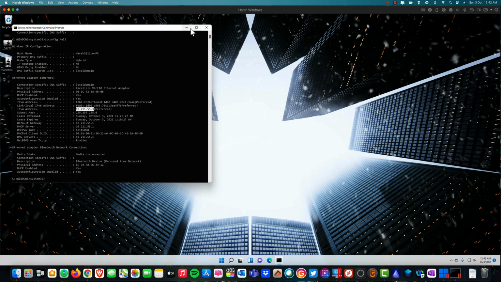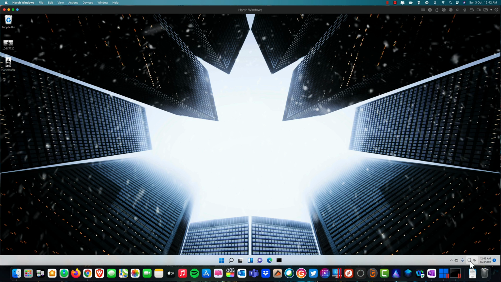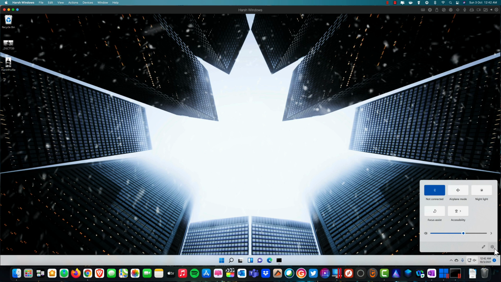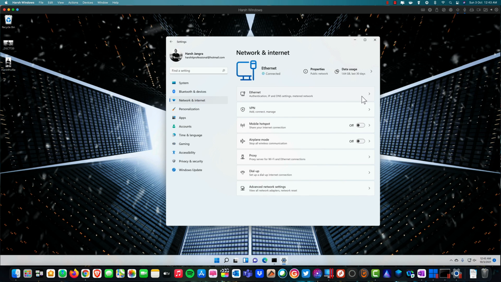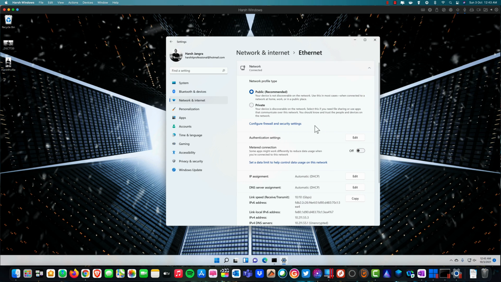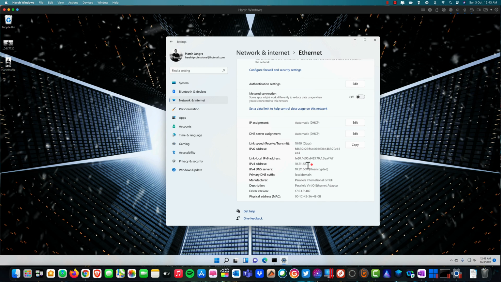Or if you don't like to go to the command prompt, if you like to see it from the UI, then on the very right-hand side you have a TV or monitor-like icon, or of course a network connection icon. So click on this one, or right click, it's fine, and go to settings, which is right here. If you click on settings in Windows 11, then simply go to network and internet. In network and internet, as you can see, Ethernet is connected, which is okay. And of course, it gives you more information, like how much data I have used in the last 30 days, which is a good thing from Windows 11. I simply need to click on Ethernet if I'd like to see the IP address. If I go to Ethernet, here, guys, you can find the IP address which is assigned to this machine, as well as of course the IP version 6 address. So that's how you identify the IP address inside your virtual machines